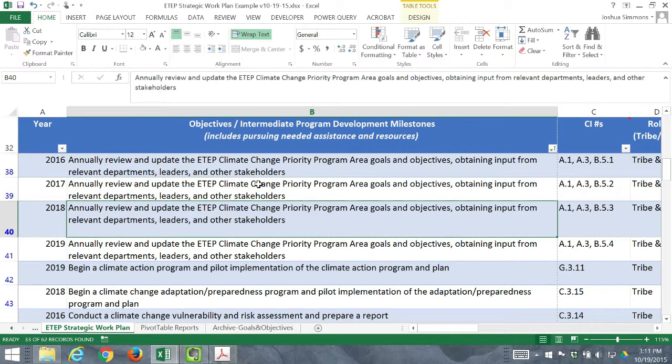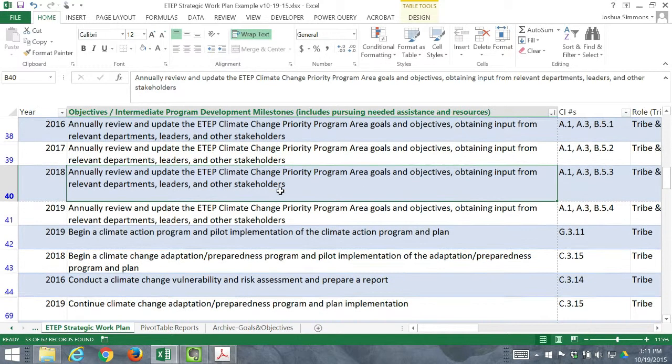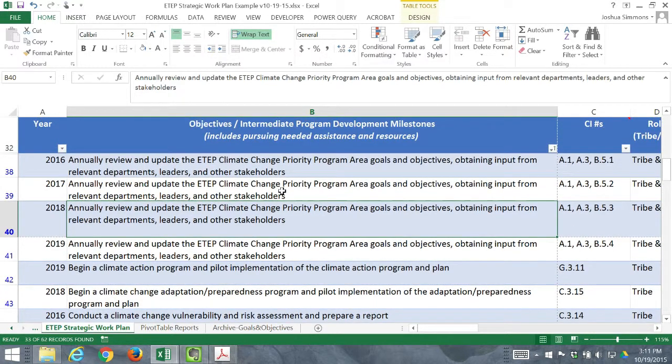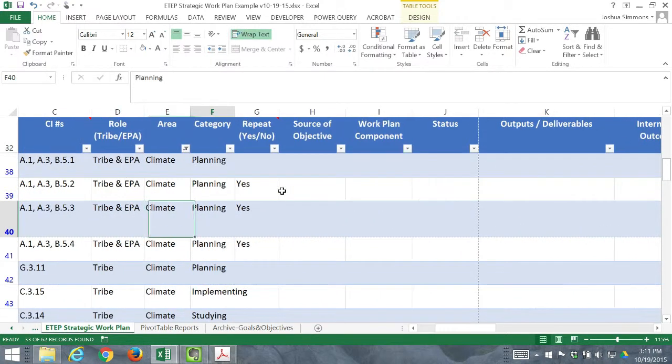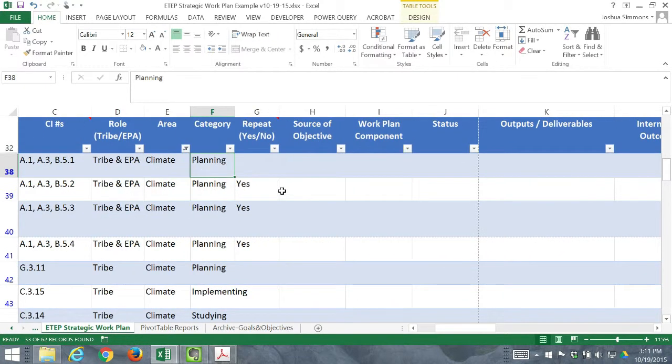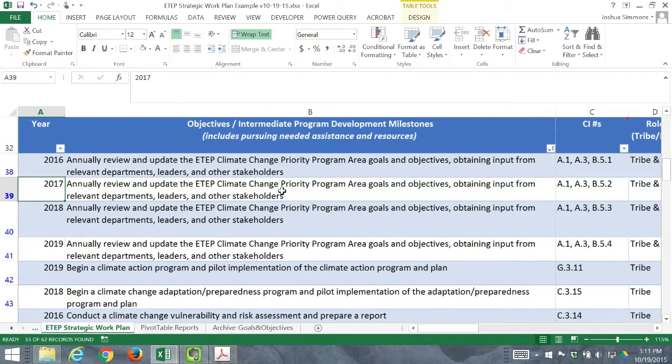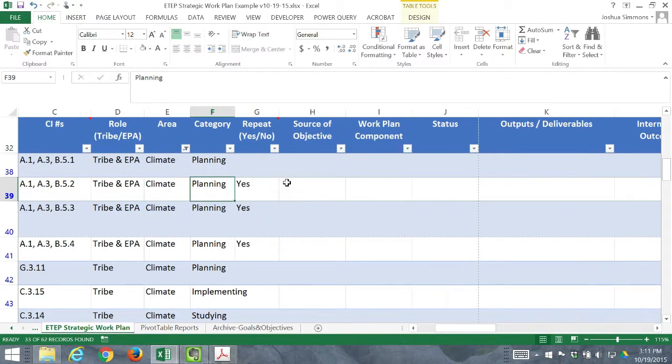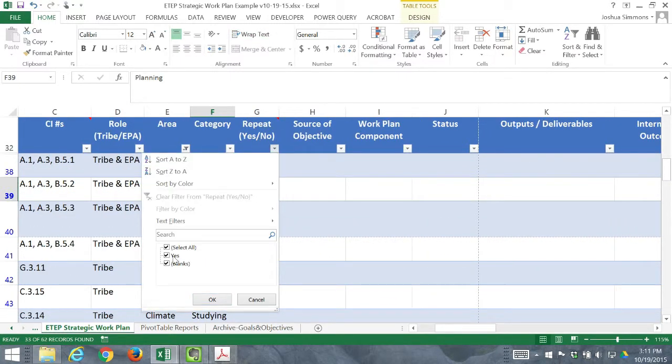If you're showing this to the decision maker, you want them to be able to see what you have going on without them feeling like they have to reread similar activities that are year in and year out. So what I've done in this case is indicate where an activity is repeating. The first instance of this annual review is not listed as repeat, but every subsequent instance is listed as repeat. So you can unselect all of them and then just filter out yes,